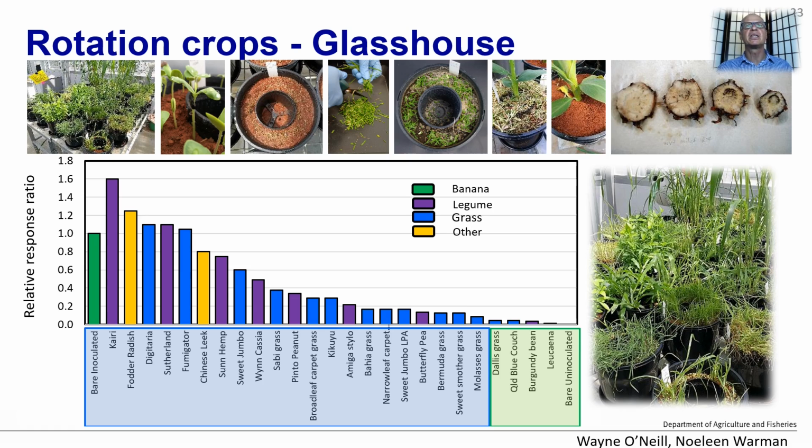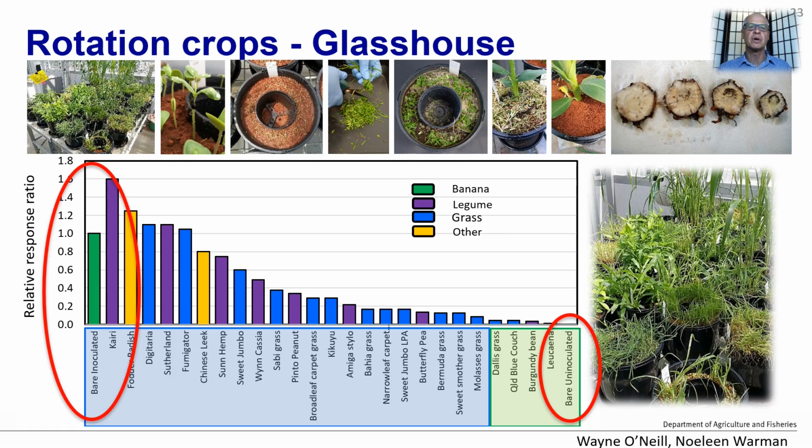We can also consider non-banana plants as rotation crops to reduce inoculum and increase antagonistic organisms. In a glasshouse experiment using a method developed by Wayne O'Neill, we call the pots in pots experiment, which is depicted in the figure across the top, we tested a range of potential rotation crops. The recovery of subtropical race 4 was compared in relation to our inoculated and uninoculated banana controls and was giving